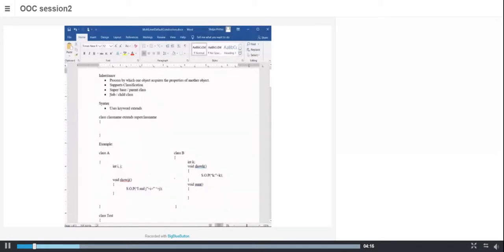And the class or an object which inherits the properties from its parent is known as the child class or the subclass. So you have a superclass, a parent class or a base class, and then you have a subclass or a child class, which inherits the properties from the parent.